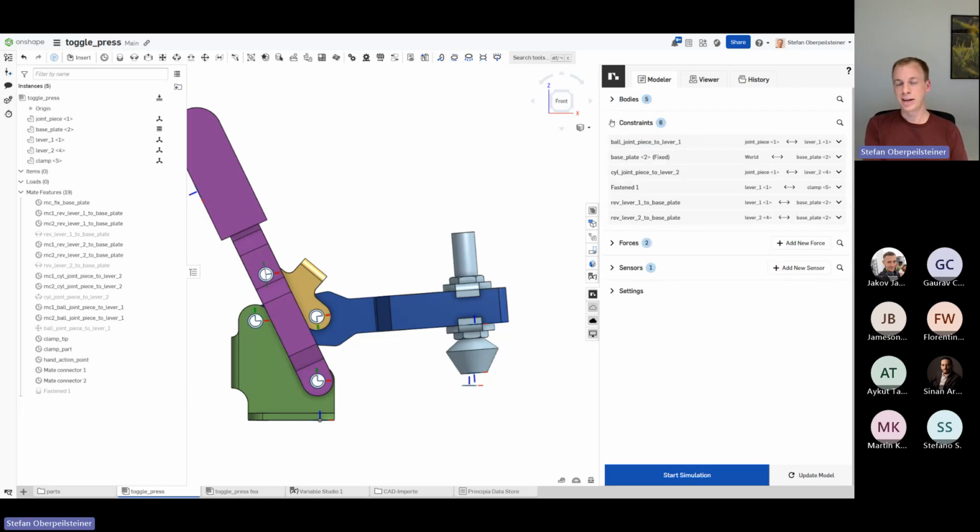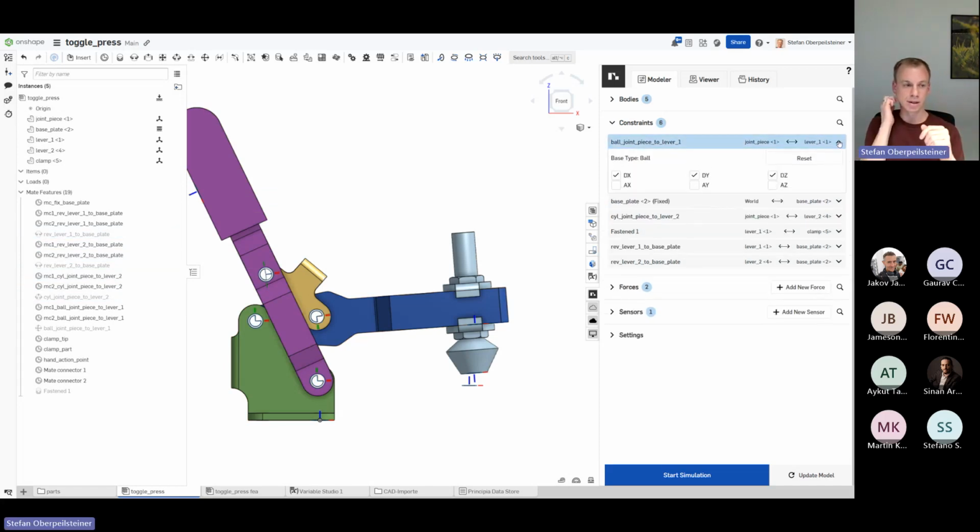Then, as we already defined the kinematics of our model, constraints. In the multi-body dynamics world, people always talk about constraints. Here in Onshape, you talk about mate features or mates. Sometimes they're called joints. So here we say these are constraints, so some constraining equations that connect bodies with each other. We exactly use the names that are defined in the tree here in Onshape, and due to the mate